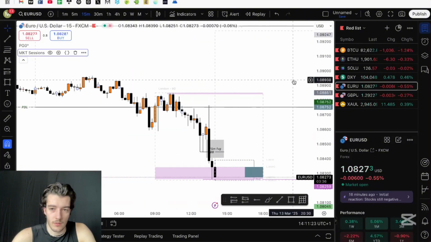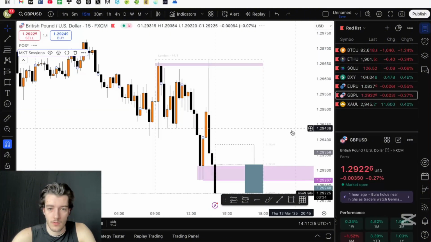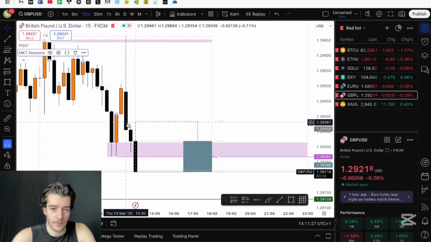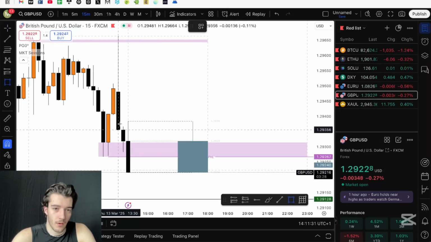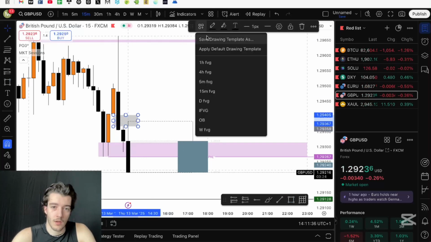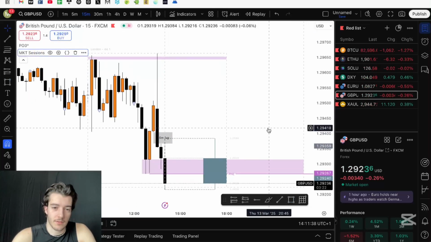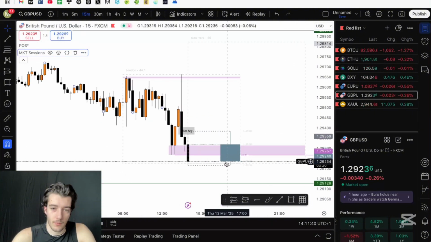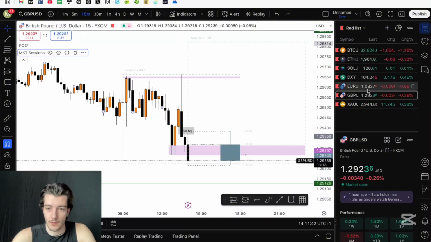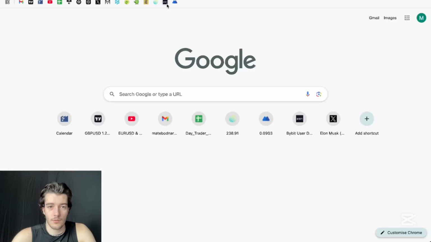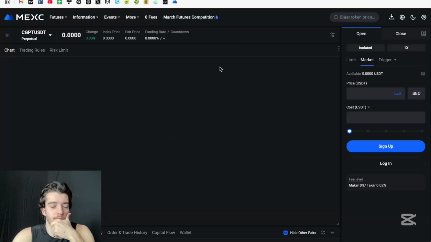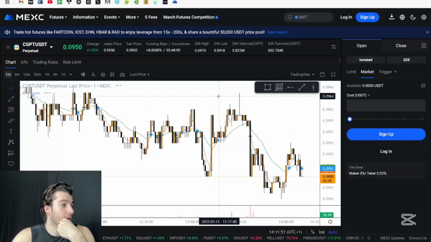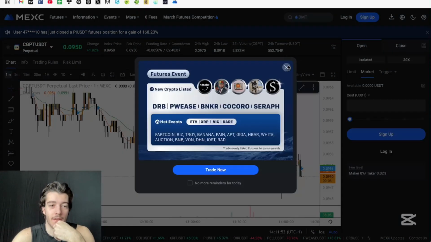That's interesting. Okay, let's see. We also have a 50-minute fair value gap that we tapped into and pushed price lower off of. So it's also confirming the bearish bias. But we have to see how this 50-minute candle is gonna close. Let's go to Maxi and see whether we can trade